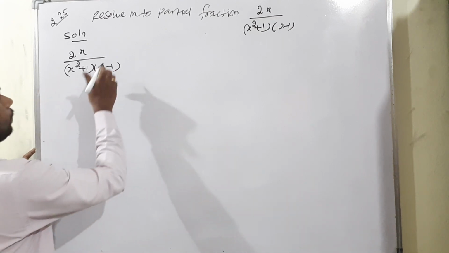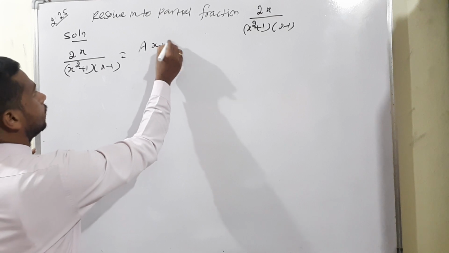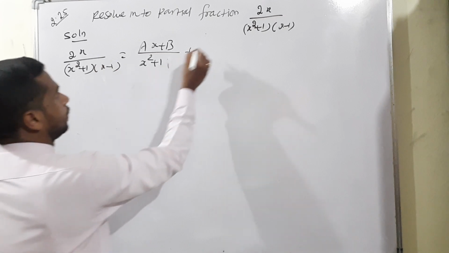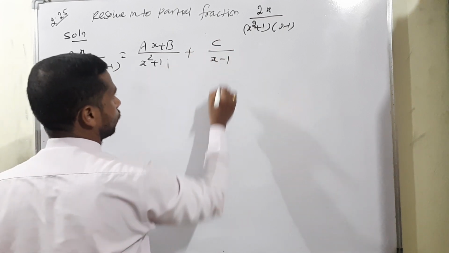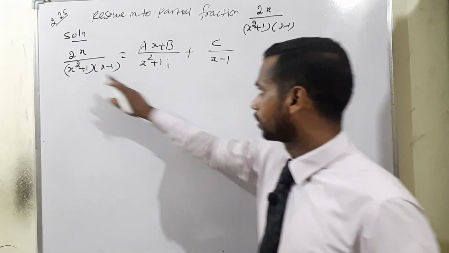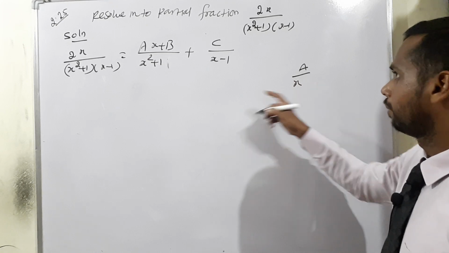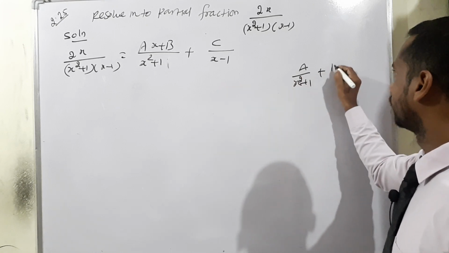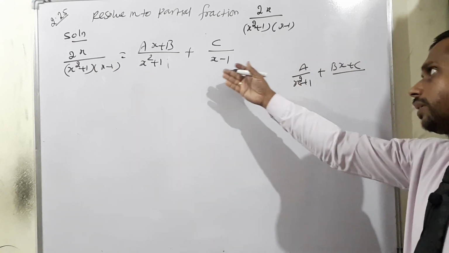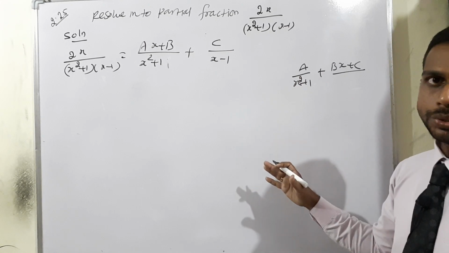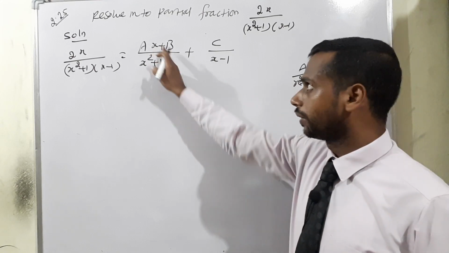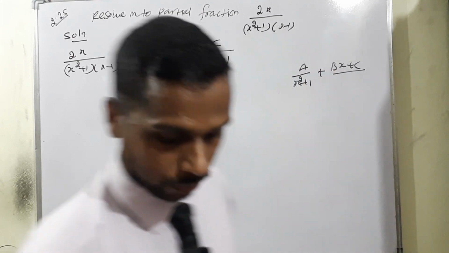Okay. So first what we have to do, the condition ax plus b divided by x square plus 1, next case, capital C divided by x minus 1. But in your book a different method is also there. The different method means first considering the non-factorized term x square plus 1, the numerator is bx plus c, divided by the next factor x minus 1. Whatever it is, you can do the problem, that is not an issue. We will get the correct answer. Okay, I have the concept video considering ax plus b, that's why I am following the same method.